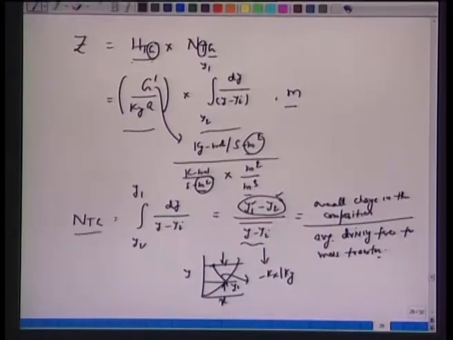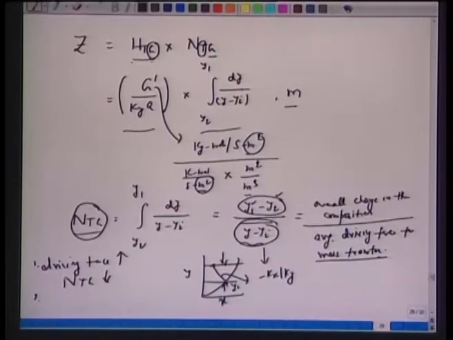So, we have the number of transfer units as the ratio of the overall change in the compositions per average driving force for mass transfer. It is quite natural that if the driving force increases, the number of transfer units will decrease. We require only 4 or 5 units instead of 10 units if the driving force is much larger. So, y1 and y2 generally are known. Now, the number of transfer units depends upon how large the driving force is. If you have a small driving force, we require a larger number of transfer units.